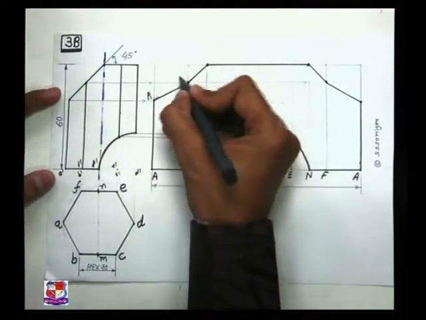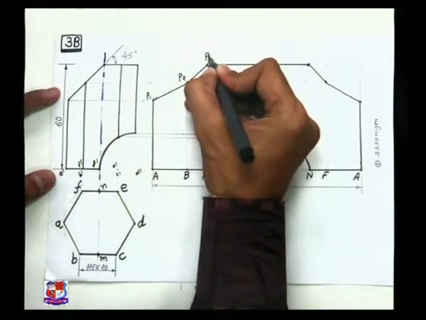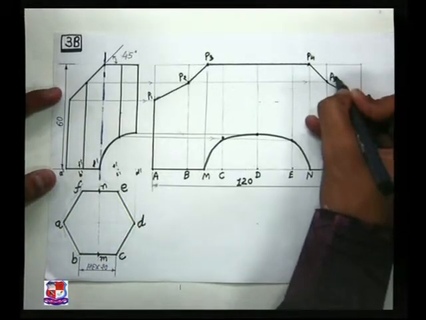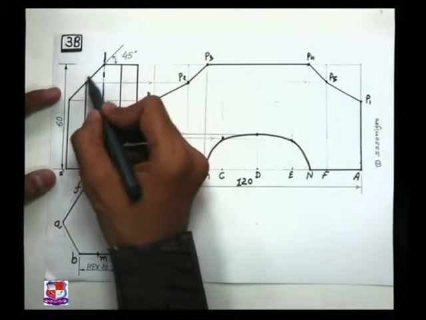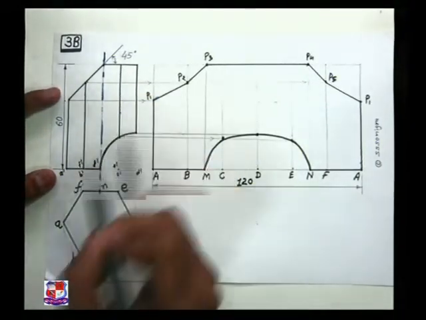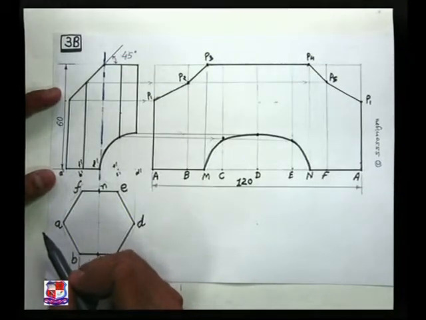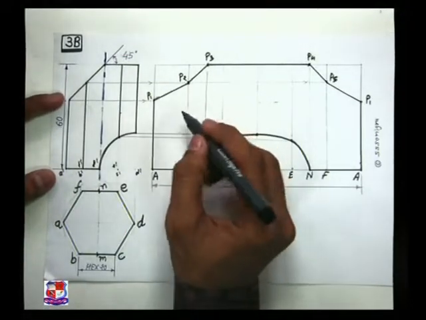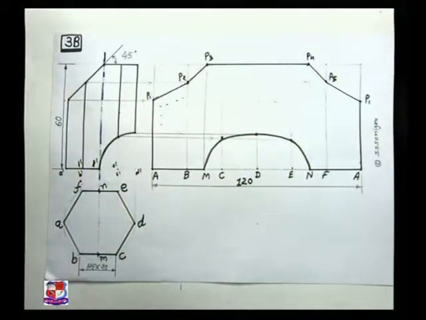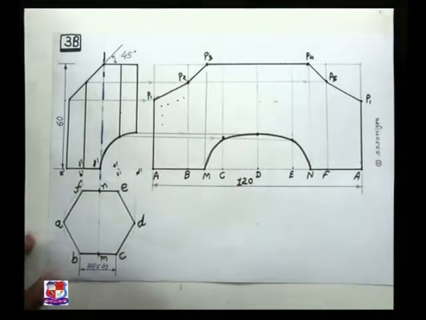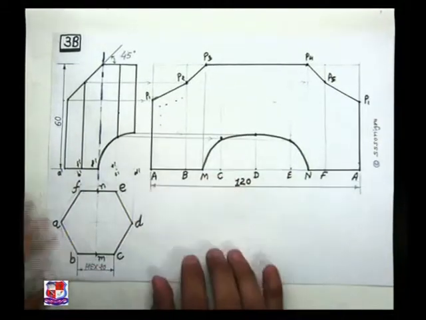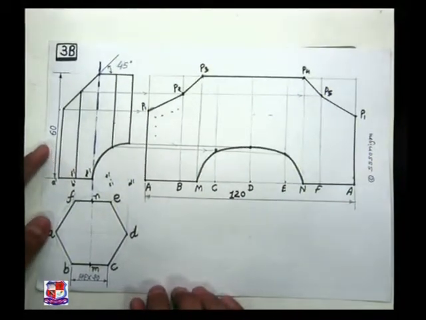Now you can name the points P1, this is point P2, point P3, point P4, P5 and back to P1. So here 5 points are there, 2 plus 2 plus 1. Similarly here 1 point, 2 and 2. 2 plus 2 plus 1, 10 points are there. You can name any points. In some cases, people put dots over here, which is not compulsory. Just after drawing this, you should lighten the remaining lines. Only this black colored line should appear easily and the rest of the lines should be as far as possible much lighter.